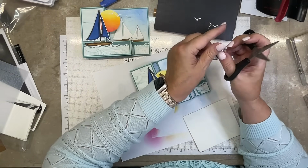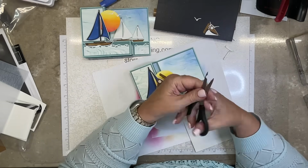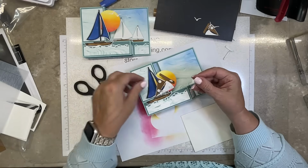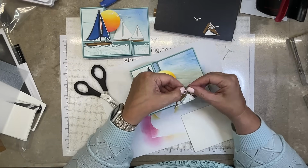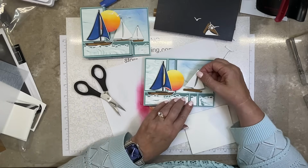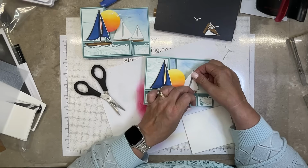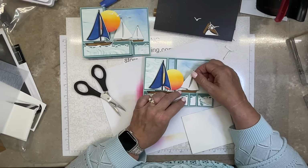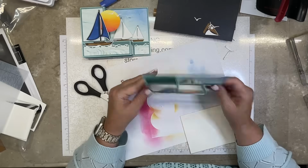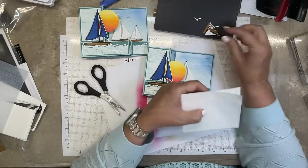This one gets only one layer. One, 2. And there, it's a tall sailboat. Okay, so that's gonna go maybe hidden just a little bit underneath. Okay, so that's a tall. The back is kind of thick. Okay, and then this little one,